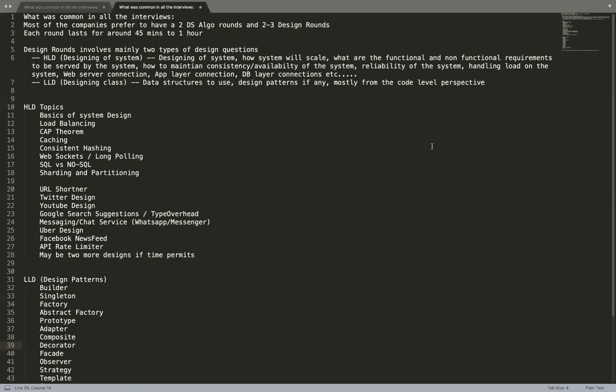And then we'll talk about the high level design itself, which is basically how to configure your servers. So what are web servers, how to configure them, then what are application servers, how to configure them, the number of threads required in the application servers, and how to connect web servers to application servers. Then there comes your database layer. So how many servers do you need on the DB layer, how many threads you need on the DB layer, how to connect your application level servers with the databases. What if there is a lot of load on the DB, how to maintain that.